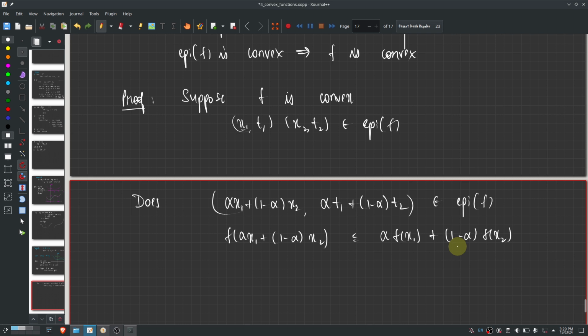But we know that f of x1 is less than or equal to t1 and f of x2 is less than or equal to t2, because x1, t1 and x2, t2 both lie in the epigraph. So this is less than or equal to